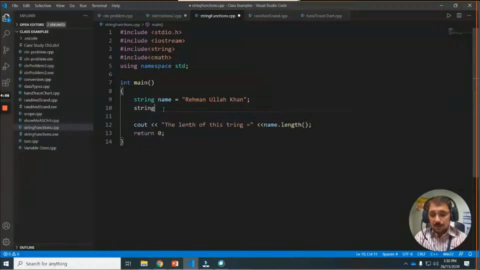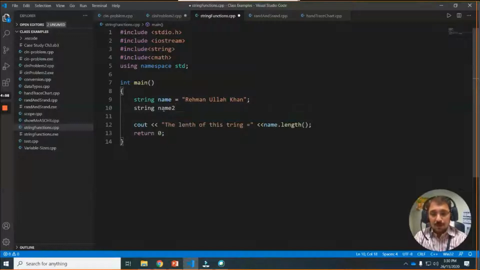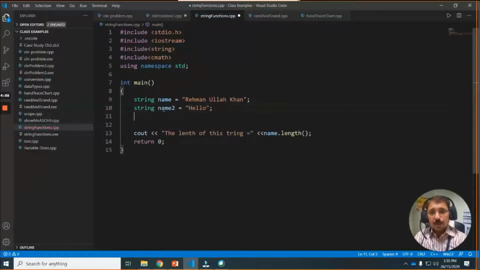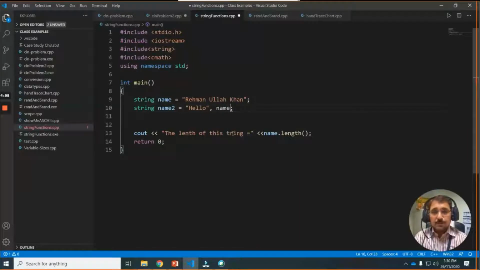string name2 equal to "hello" semicolon, and if I type a comma after this, name3 equal to " word".